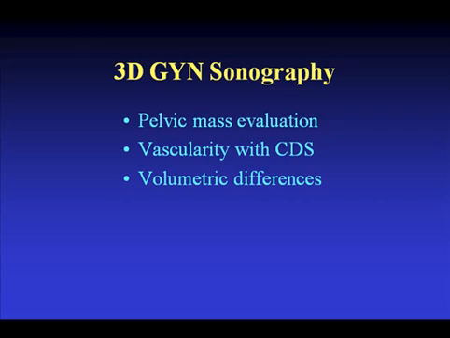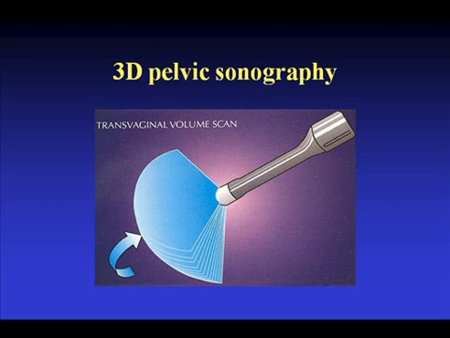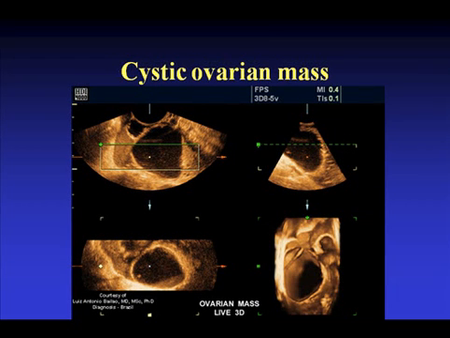3D color Doppler, or 3D in general, is very, very helpful in gynecology. It allows us to see better the pelvic mass as well as uterine disorders and the vascularity. As you can see, some probes are simple mechanical sectors that scan through an area of interest and build up a 3D image from multiplanar reconstruction. And this is an example of multiplanar reconstruction of this cystic lesion, as you can see here in the long axis, in the orthogonal plane, and in the coronal axis, and in the sample volume,